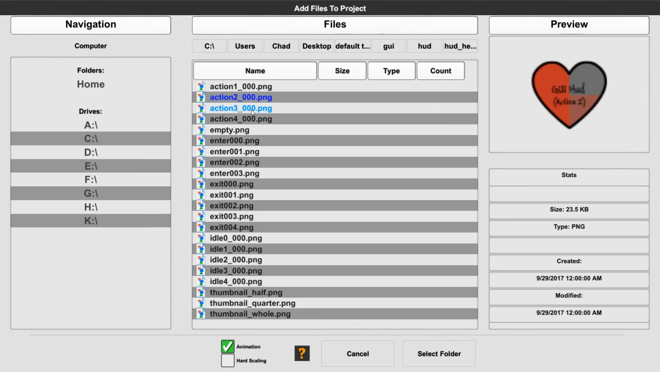So this is basically pieces. If you notice the pieces right here, you have different pieces that show how each one goes. You have an enter and an exit mode for it. And then you have idle mode, and every one of these has a single cycle and then a loop cycle, so you can have a lot of animation involved with it if you're wanting to do it this way. There is also an option for thumbnail, half, quarter, and whole, meaning that if you want to do